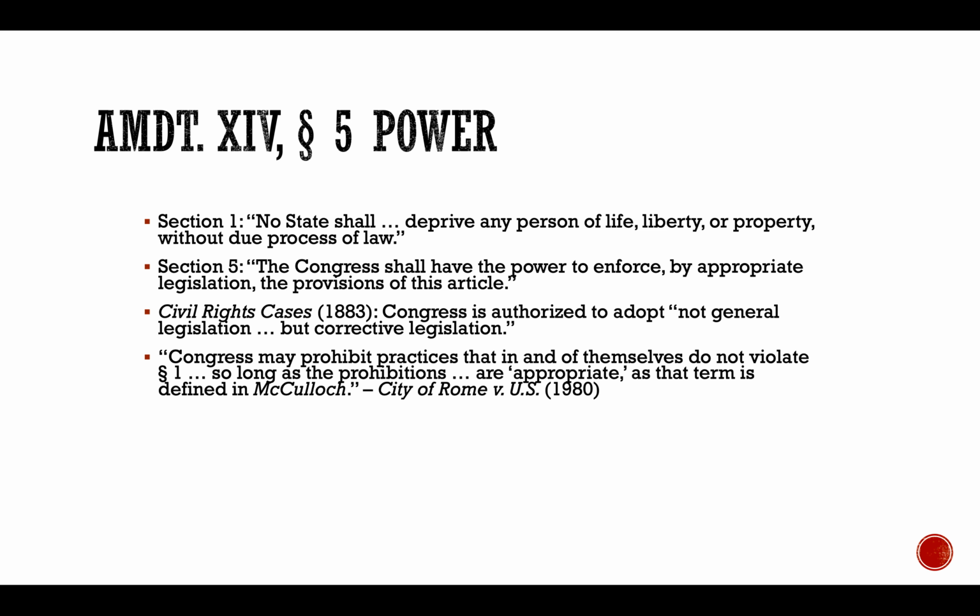And the court really analogizes this Section 5 to the necessary and proper clause. So the court tells us to think of Section 5 as a necessary and proper clause for the 14th Amendment. So whenever Congress thinks that the state is or is likely to violate due process rights, or whenever a state is likely to violate the Equal Protection Clause, then it can pass legislation whose goal is to prevent the states from doing that.